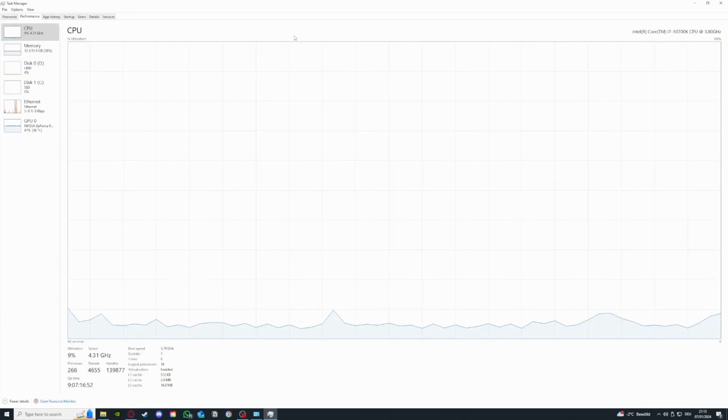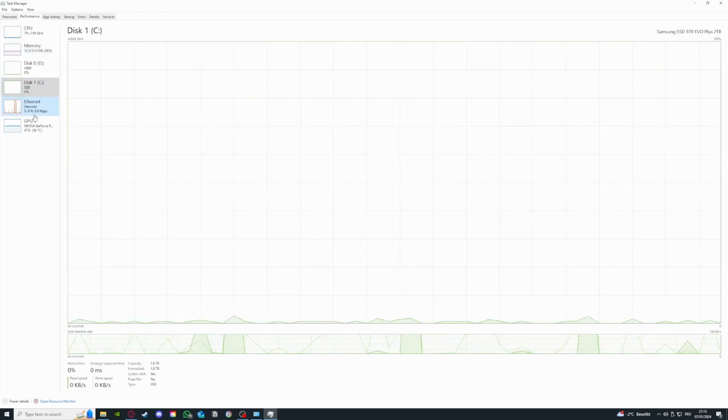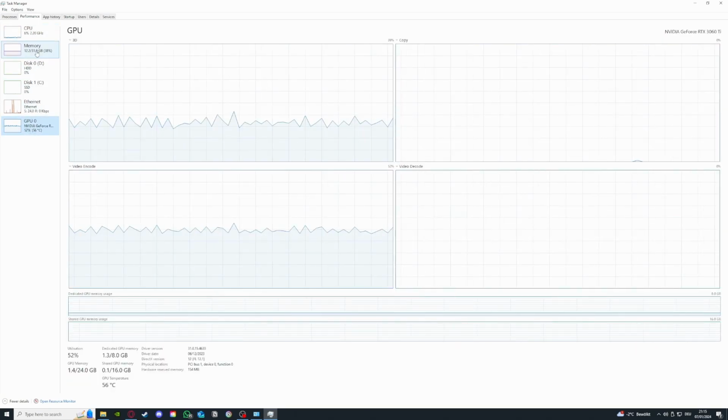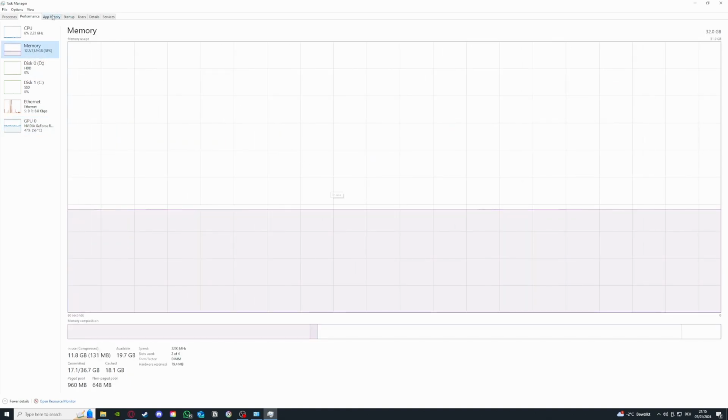And if you want to have a more detailed look, you can also look at the performance tab, where GPU and the CPU performance is shown in a graph. And also an important indicator is the memory usage. For example, I have 32 GB memory, which is a lot. So if the program is taking up a lot of memory, you should consider upgrading